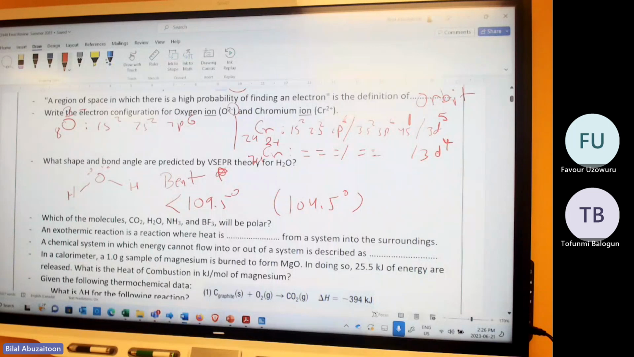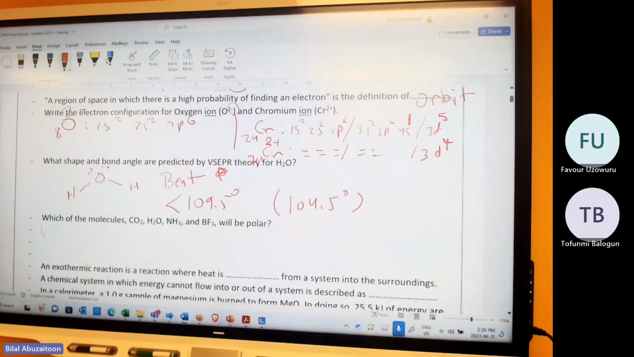Which of the molecules CO2, H2O, and so on, will be polar? Which one of them will be polar? Yes, H2O is polar, NH3 is polar. CO2 is linear. NH3 has one lone pair; the bond dipoles are not equal. CO2 has equal dipoles, so it's non-polar. BF3: